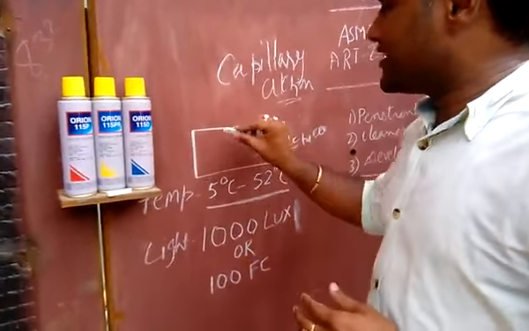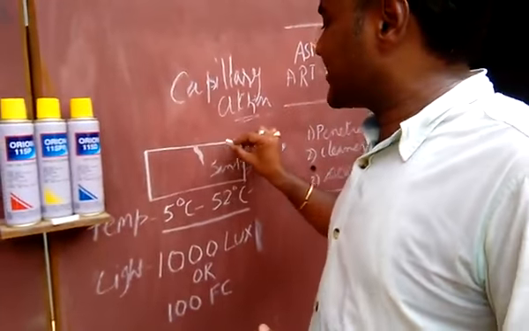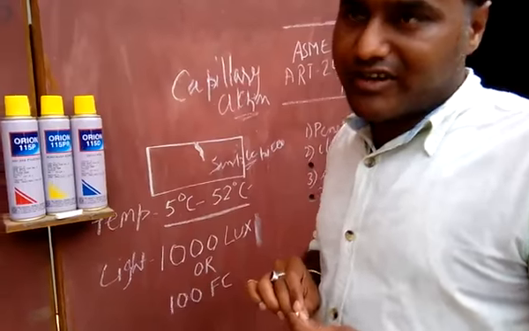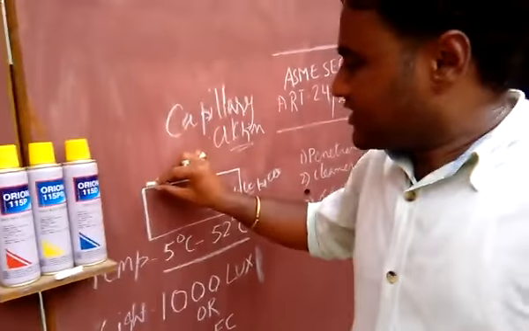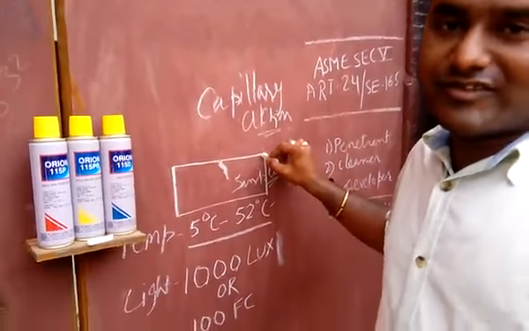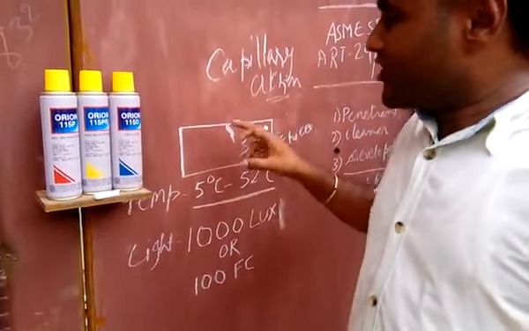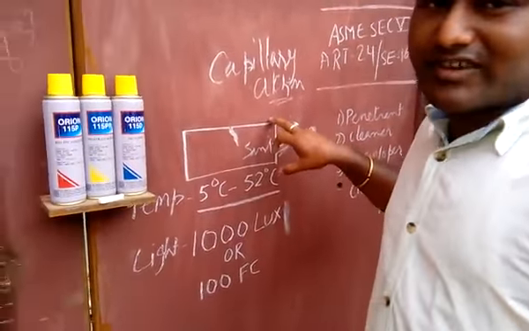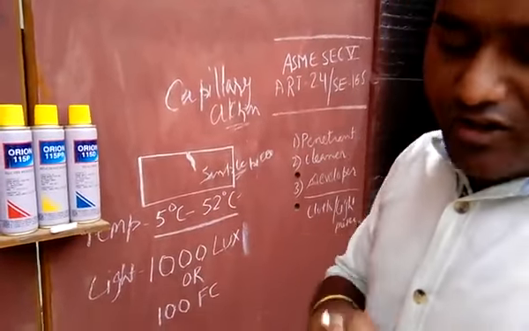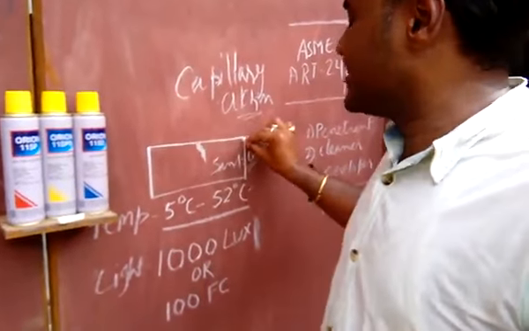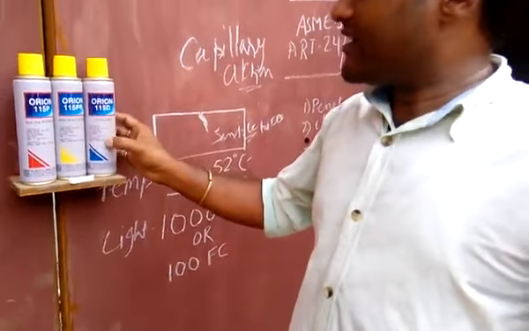After leaving this for dwell time, we have to apply remover. We have to clean the excess penetrant on the surface. While cleaning, we have to take care that the cleaning should be unidirectional, and the remover shall not be spread directly on the surface. Instead, you have to put the cleaner on the cloth, and then clean this surface. After thorough cleaning, we have to apply developer.